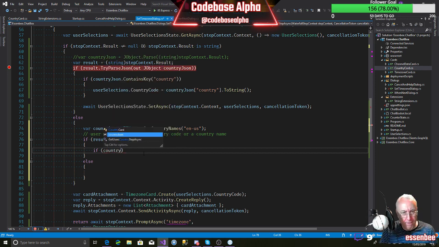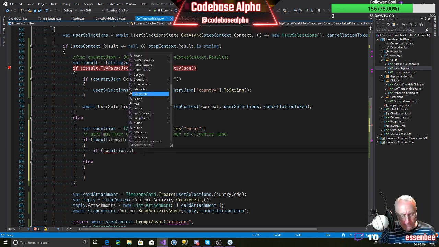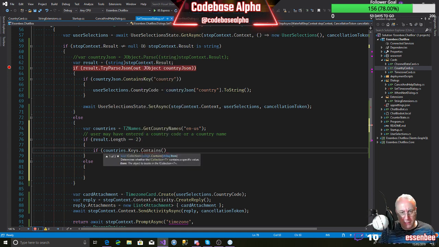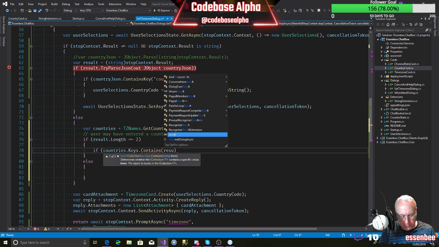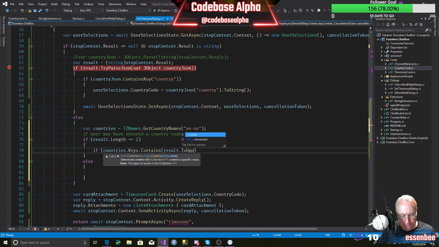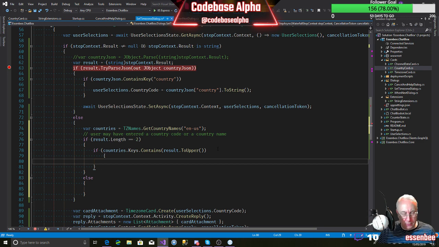countries dot keys, is there a key? Country dot keys, yeah. Dot contains, there's contains, there we go. If it contains results dot to upper, because they're uppercase strings, then we can